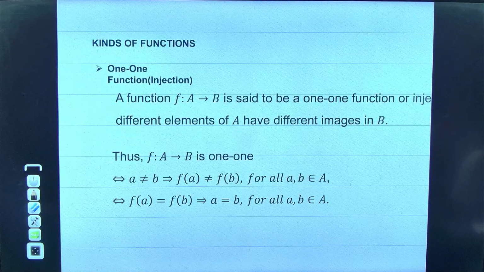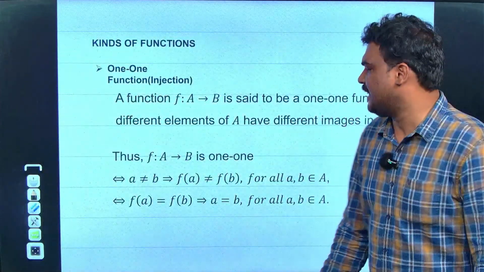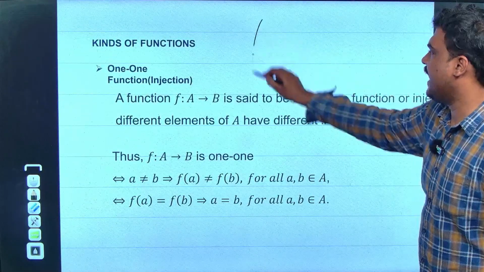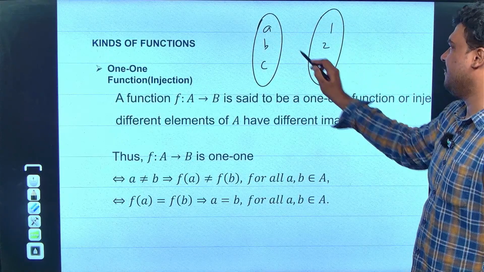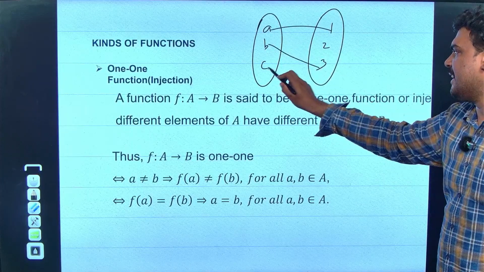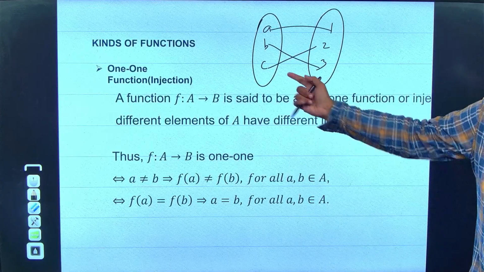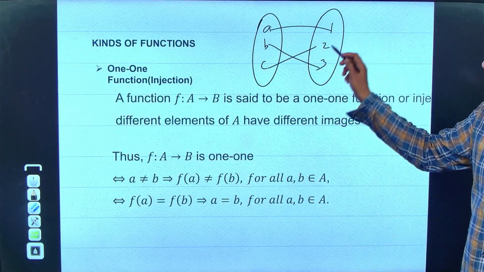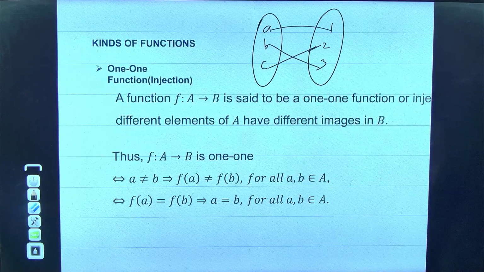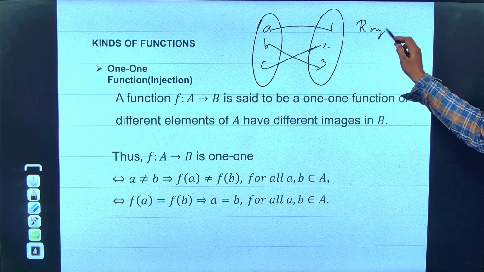Okay, I'll go for the first thing called one to one function. Sir, what is one to one function? ரொம்ப சிம்பிளா சொல்லணும்னா, A, B, C, 1, 2, 3. Now A goes to 1, B goes to 3, and C goes to 2. Right? Guys, what is the domain of this? A, B, C. What is the range of this? 1, 2, 3. What is the codomain of it? 1, 2, 3. So, என்னோட range is equal to codomain.